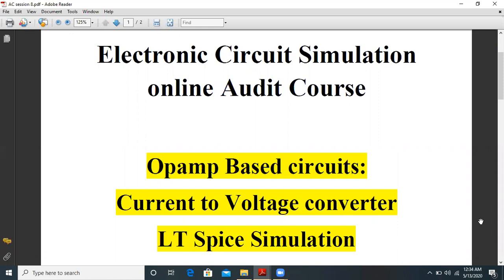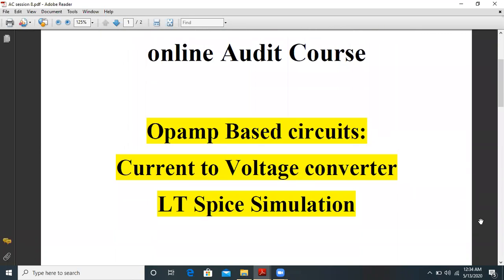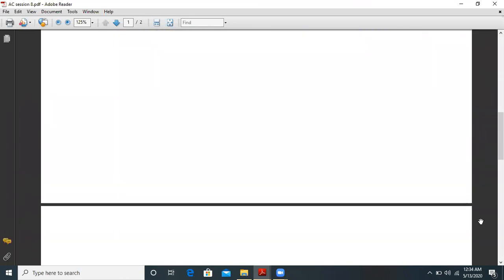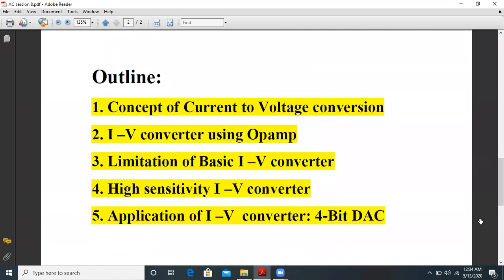So, let us look at the outline of this lecture. The first thing which we will study is the concept of current to voltage conversion. Then we will make a circuit in LT-SPICE of an I to V converter using op-amp.